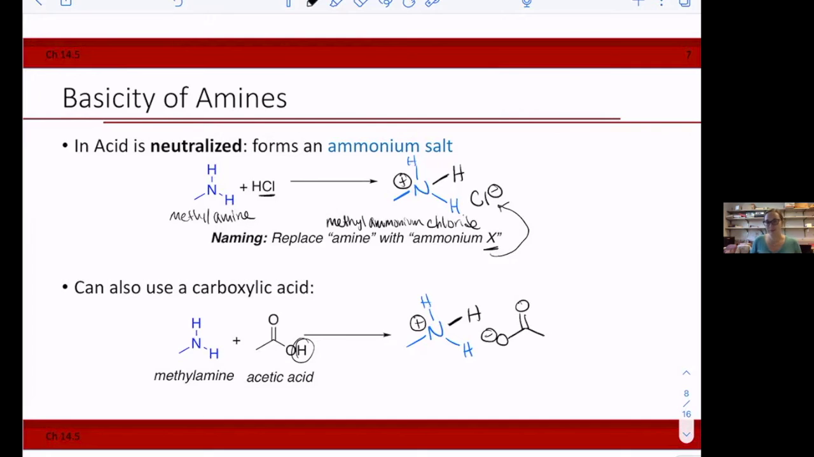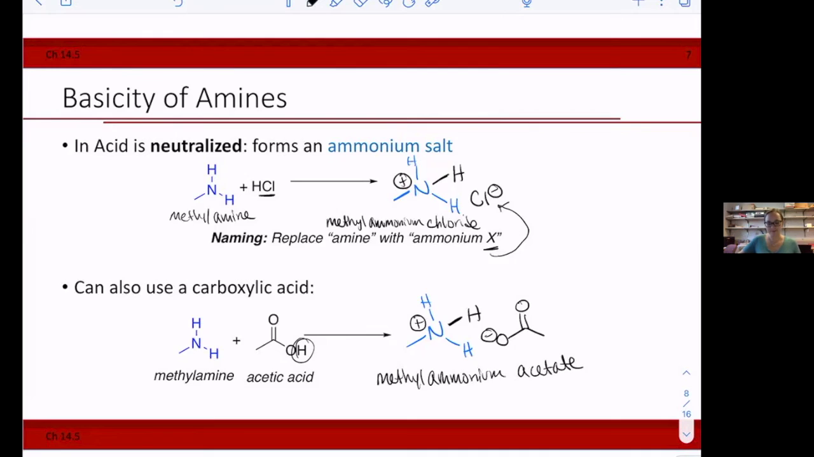So the name of this is going to be the same thing, ammonium, and then instead of X, you're going to be putting what your counter ion is, which we know from our naming of our carboxylates. That's how you're going to name it. The first part here was methylamine, so now we're going to change that to methyl ammonium. And then our counter ion, the negative part, is going to be the carboxylate name. So we started with acetic acid, so we get rid of ic acid and add ate, so acetate